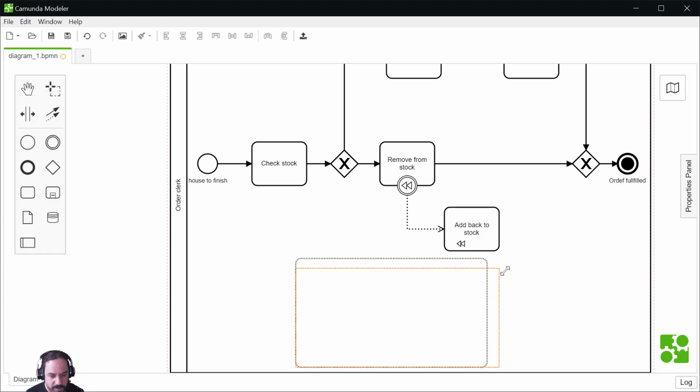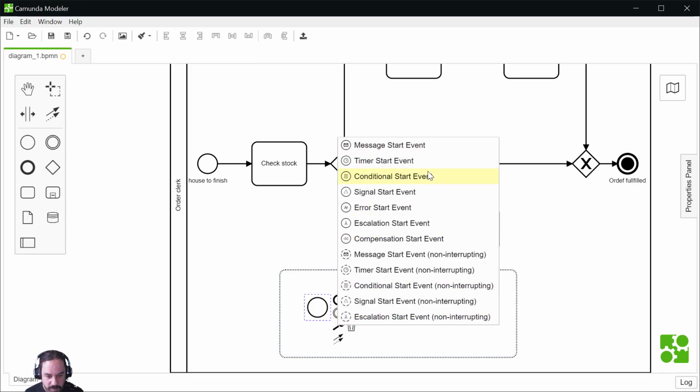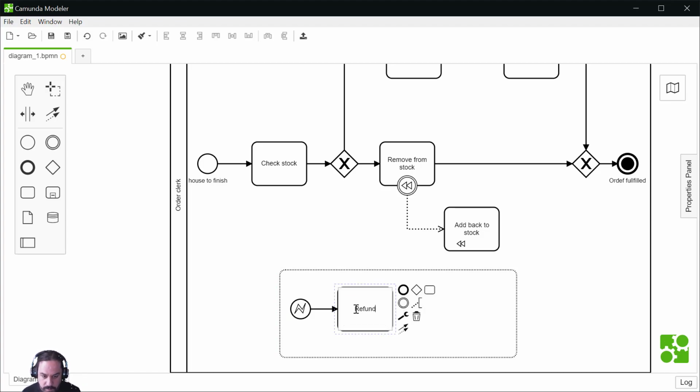So now here I have this, and this will be only triggered if the start is triggered, and this one will be like if there is an error, so something wrong happens, then refund customer and terminate.